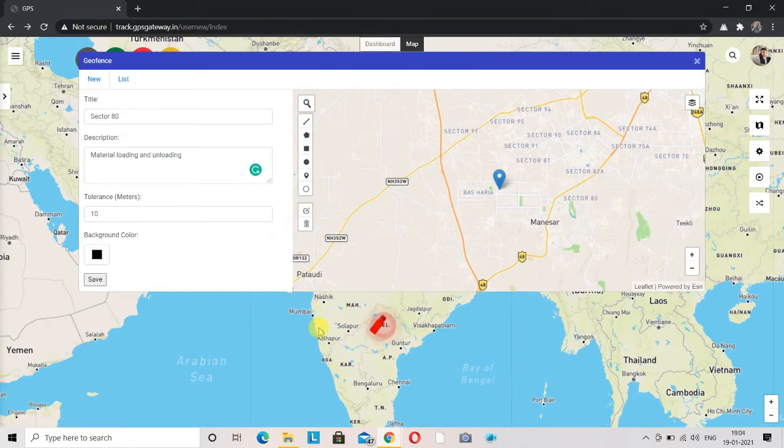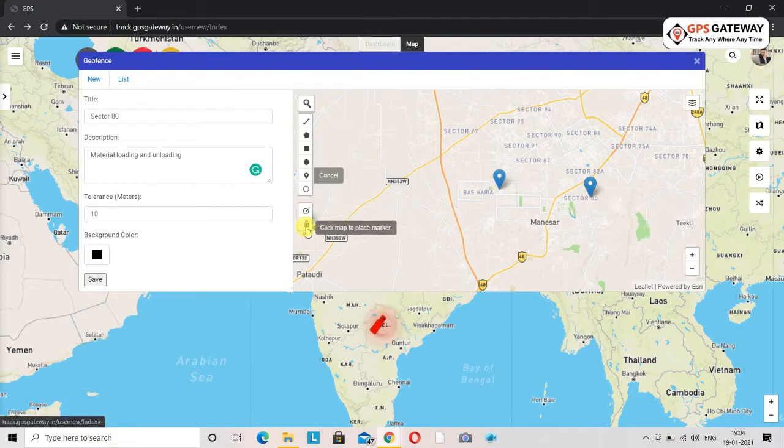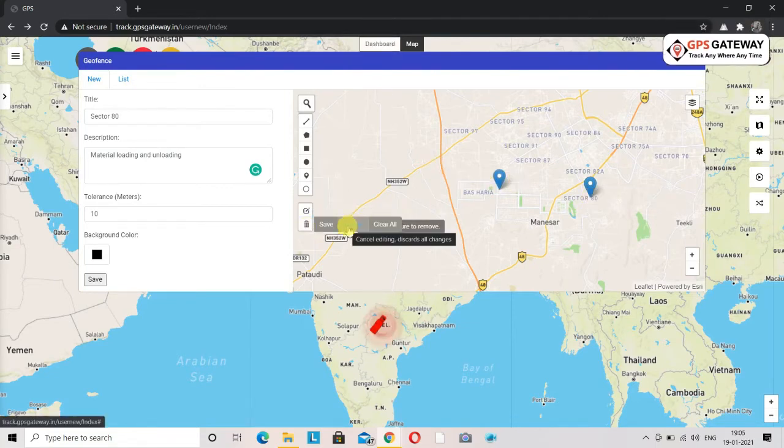Next geofence is draw a marker. This geofence is used to mark a certain location. Let us assume that there is a certain designated point that you want to mark, so that whenever your vehicle goes to that point of location, you receive a notification on your mobile. For that, you can geofence that specific area on the map like this.